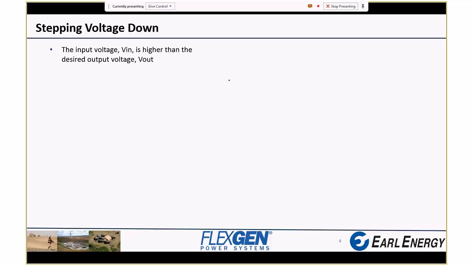So we have a source, let's say a battery. It has a voltage, Vin, and you have a load, which we'll model as a resistance R, and that would like to have a voltage of V out across it. And for our examples here, I'm actually going to make this 10 volts, and this will be 5 volts. 12 and 5 is a little hard to use. Okay,